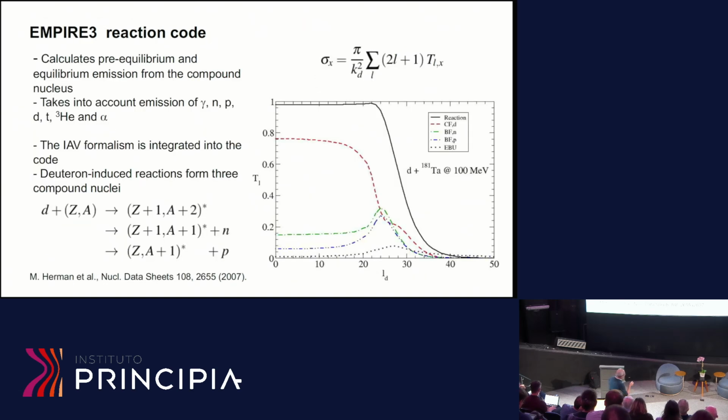Well, what we want to do is to study how this affects the compound nucleus. These are old calculations. We presented those long ago. The new part of this study is the compound nucleus part. What we do is we use the Empire 3 reaction code. It's a code used to study